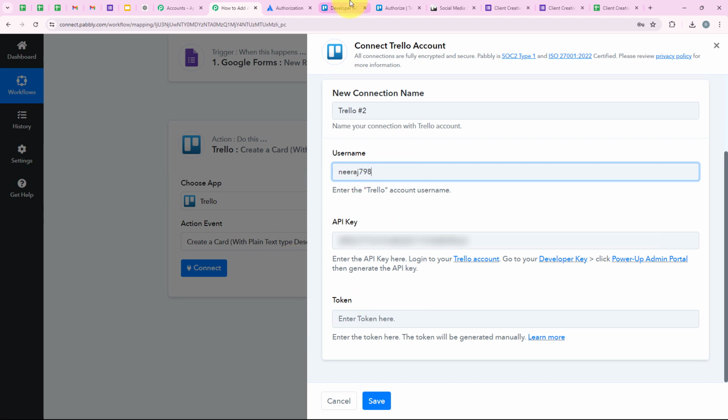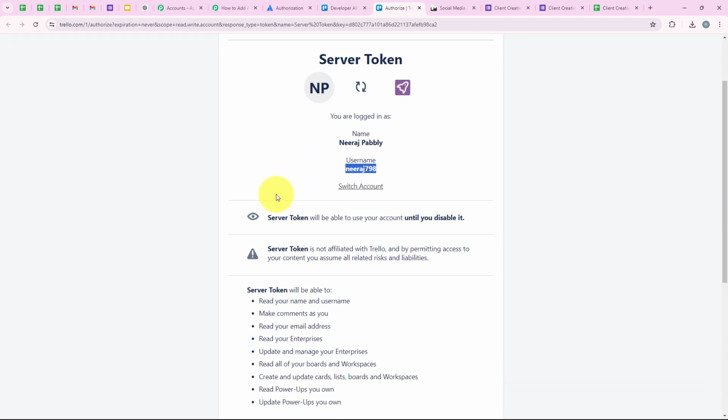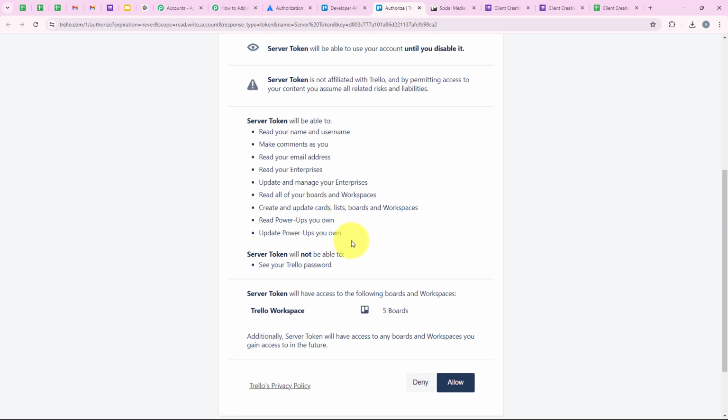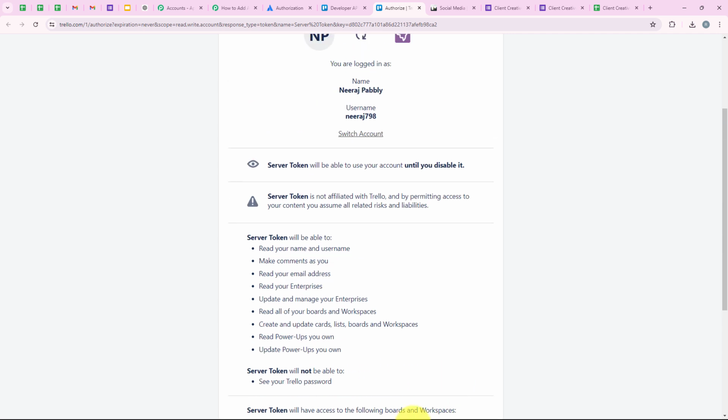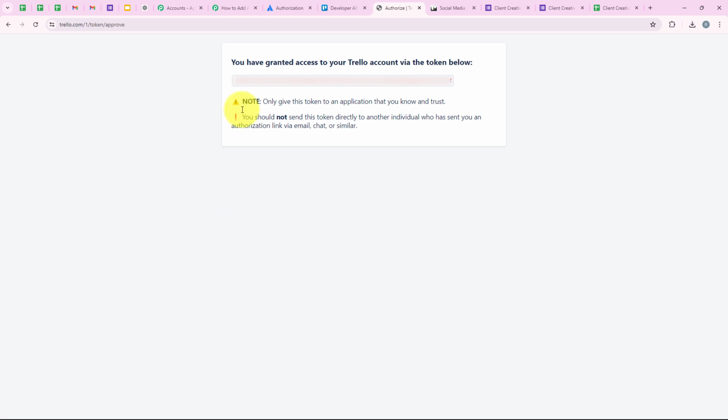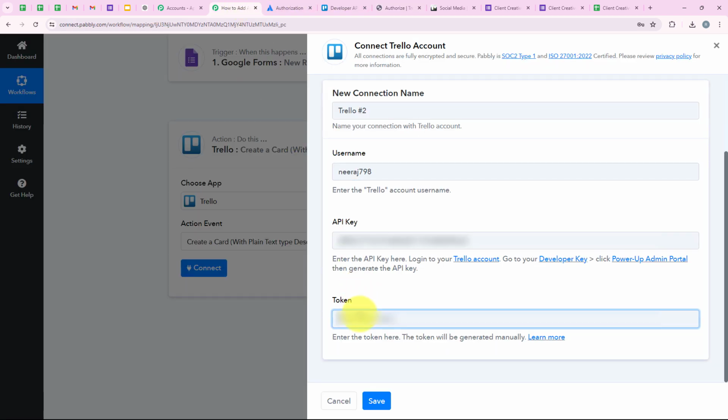And now we want the token. So again, we are going to open the authorize page, and over here we are going to scroll, and as you can see, it is asking me to allow. Over here it is asking me for some permission. So I'm going to click on allow and give Pabbly all the permissions it is asking for. So yes, I'm going to click on allow right over here, and as soon as you click on allow, you can see that this is my token. So I'm going to copy this token, and then we are going to paste it right over here in our